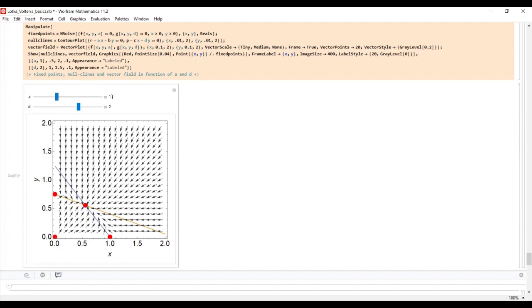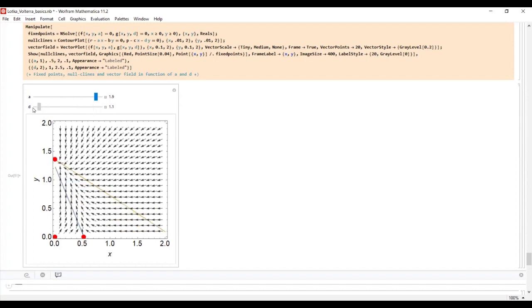You can see that originally this parameter, A, is 1 and D is 2, and you can change it, and you can see that if D is changed, then the position of the fixed point changes. It's a very simple one. And for example, if you change it to be,